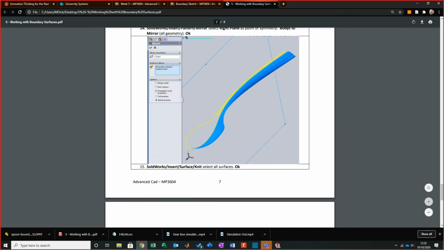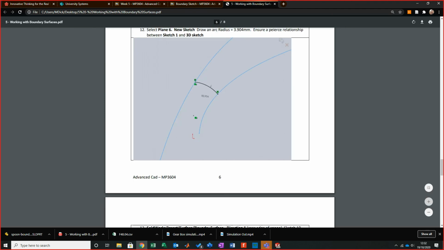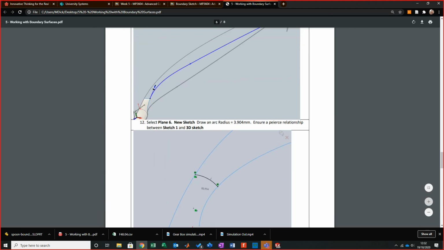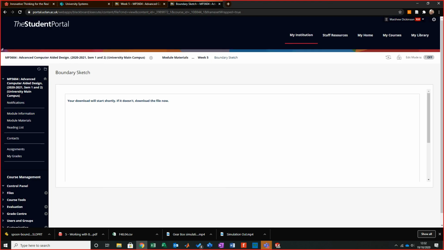As I said, some of you will be very used to using boundary surfaces, but I would recommend having a play around with them and getting used to them, because it is a pain in the backside to get them to function exactly like you want them to. So I'm just going to close that, and I'm going to go back